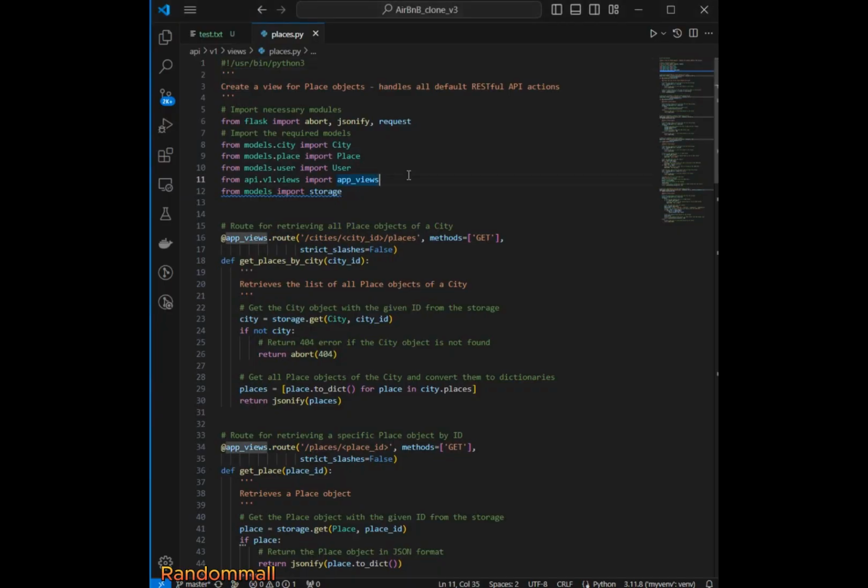For the 10th task, where we're supposed to be creating views for places, it's pretty much the same thing. I've already done it, with the same logic as with users, states, and cities, where we are,